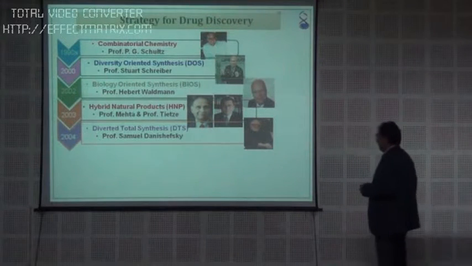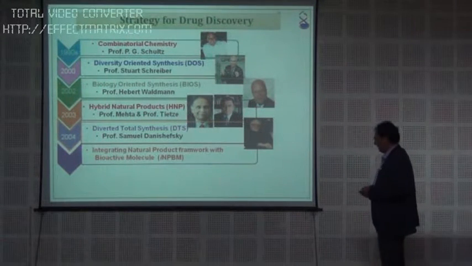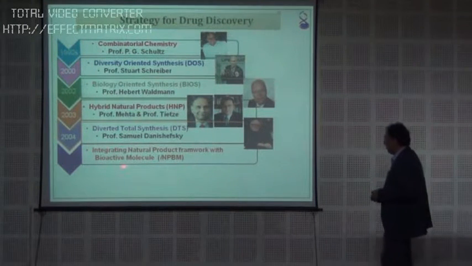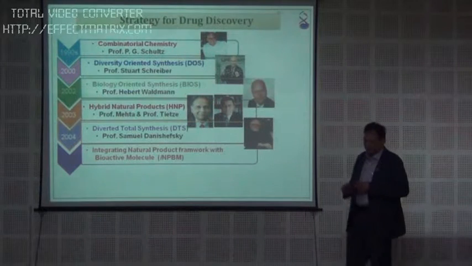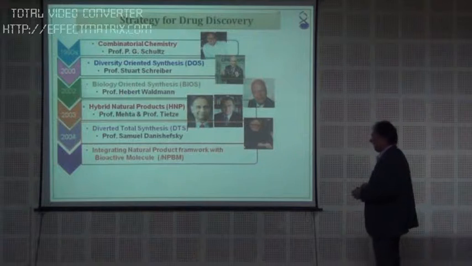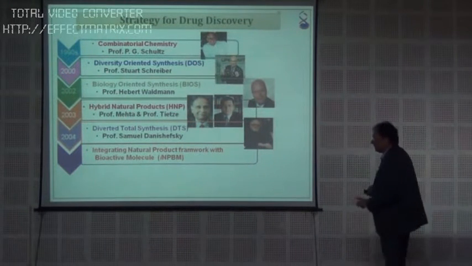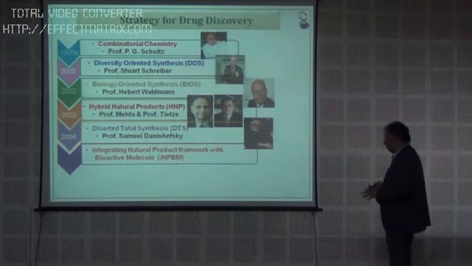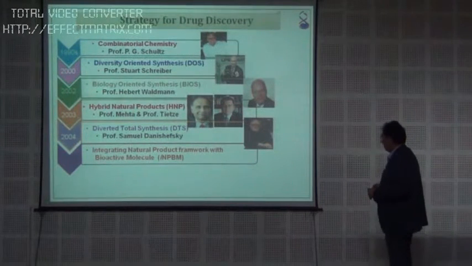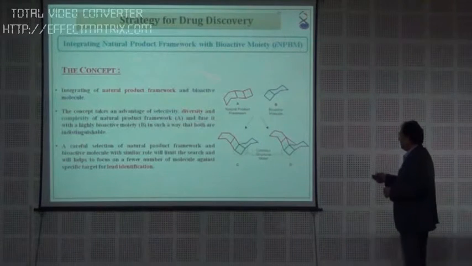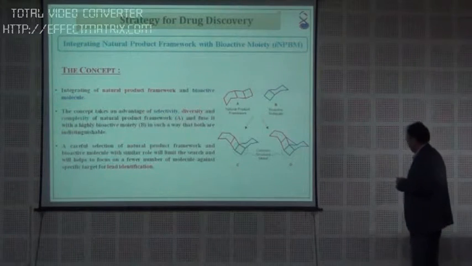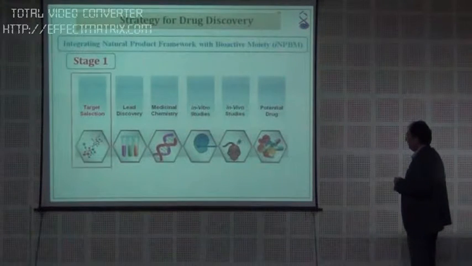We also have our own approach, and we are working on this hypothesis: integrating a natural product framework with bioactive molecules, and this may hit upon a molecule. I will show it in a few slides; I will take two or three minutes. We have made 11 molecules, and we have 3 very potent molecules. This is a structure. You can integrate a natural product this way,